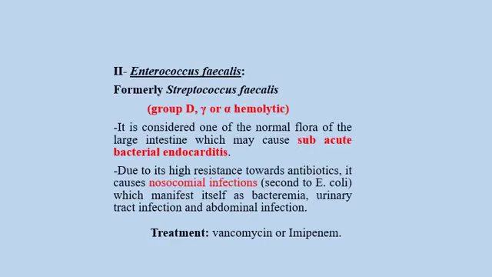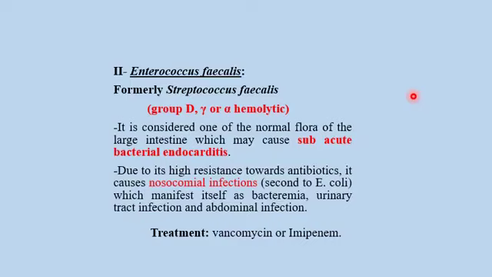Number 3, Enterococcus faecalis, formerly known, as I said, as Streptococcus faecalis. It is group D. It is gamma or alpha hemolytic. It is considered one of the normal flora of the large intestine, which may cause subacute bacterial endocarditis. The same as we said about Streptococcus salivarius, but here the organism is present in the intestine and may reach the blood, go to the heart, and cause